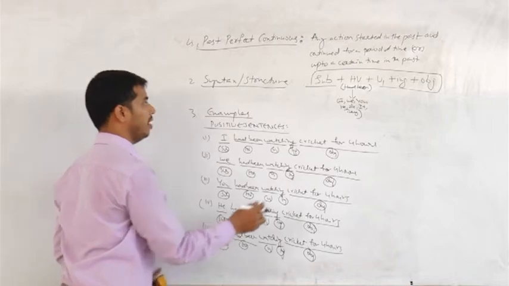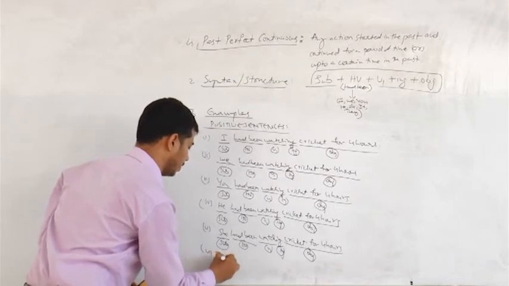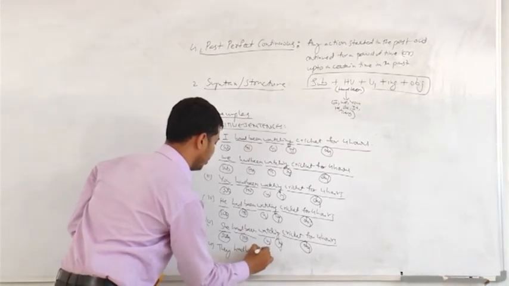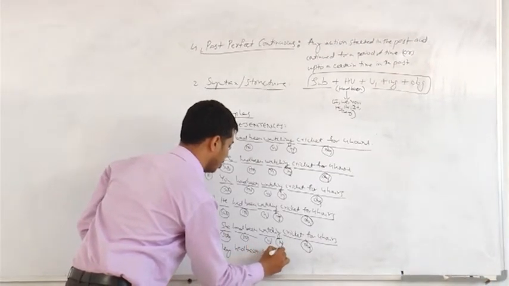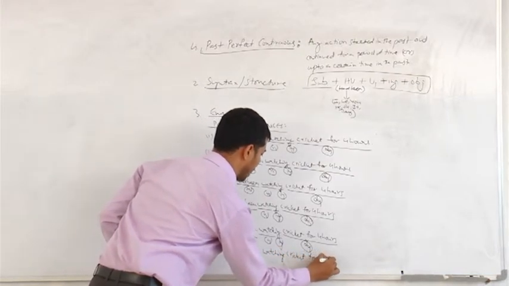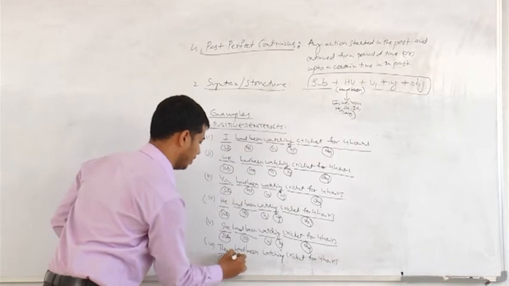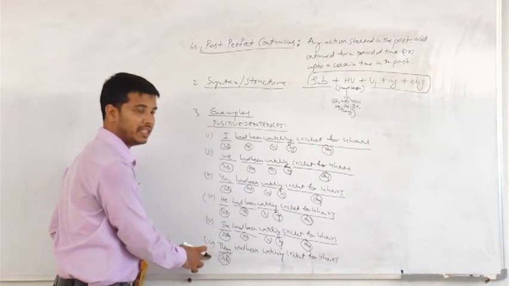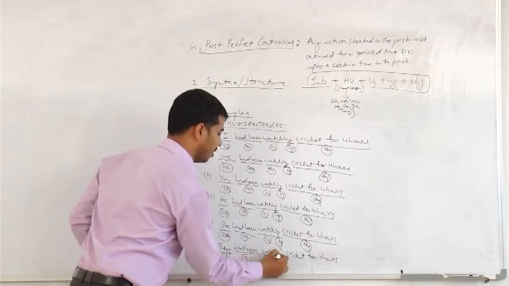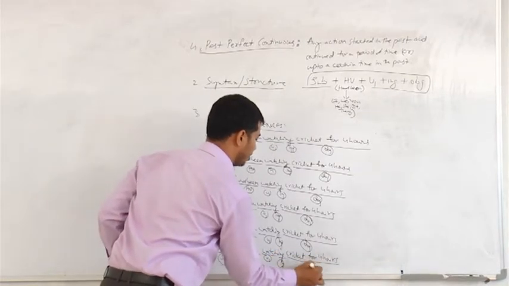Okay, I'm going with they. They had been watching cricket for 4 hours. It's really tough to write down at the bottom, so kindly adjust with the handwriting. Now what is they? They is the subject, had been is the helping verb here. Watch is as usual the verb in the first form, ing is ing, and cricket for 4 hours is what? We can label this as object, right?